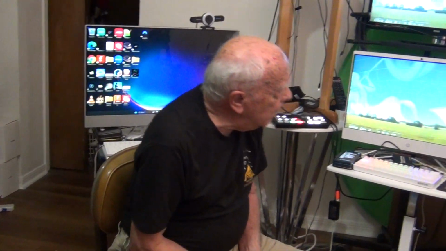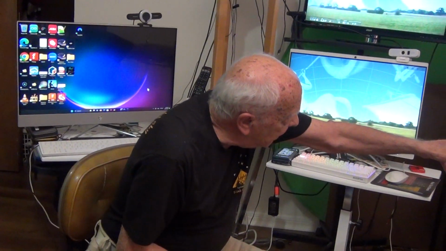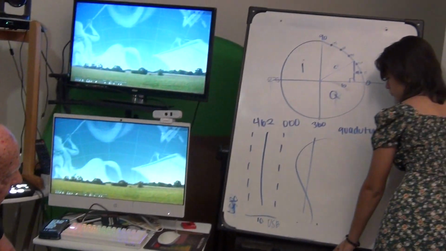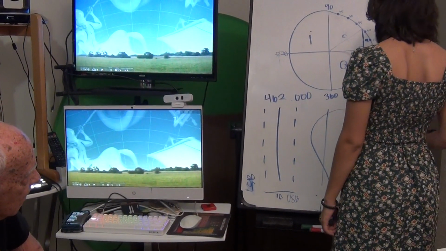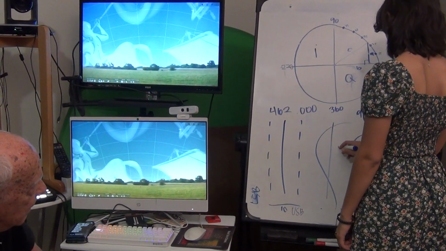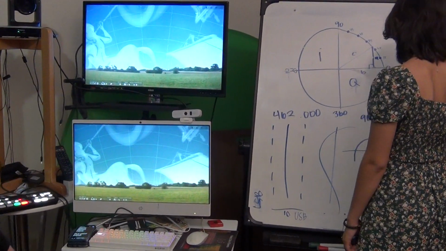Now I haven't talked about a very important part of this. This is what is called, in this part of the mathematical world, a phase diagram. A phase diagram. So, draw another sine wave down here. Put the lines in. Okay, now,